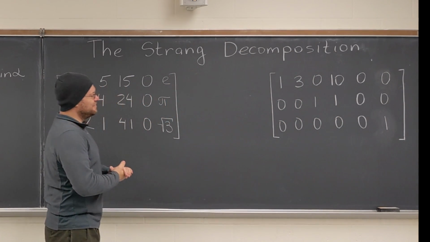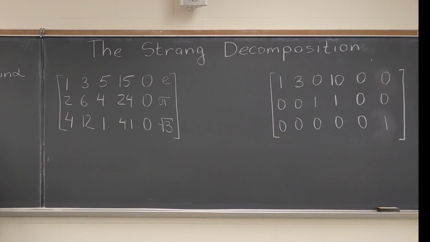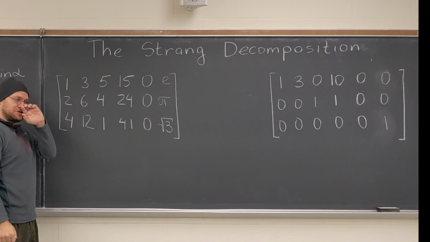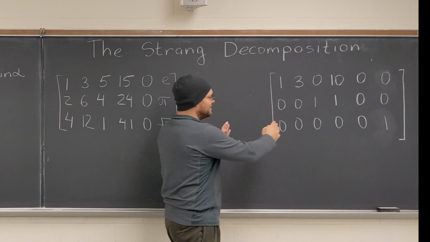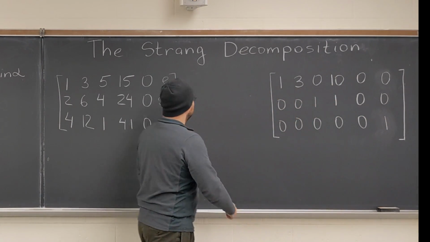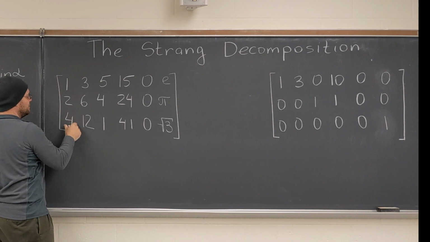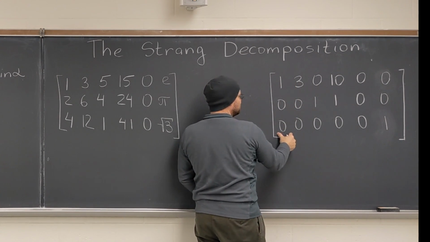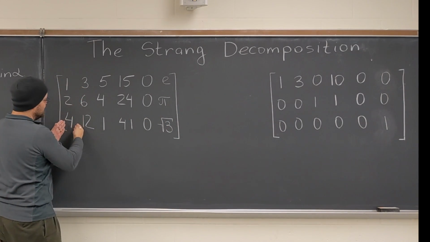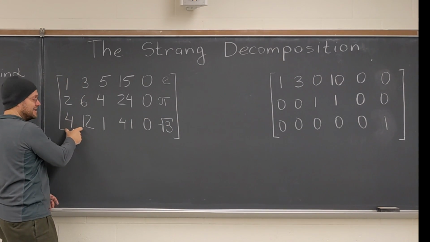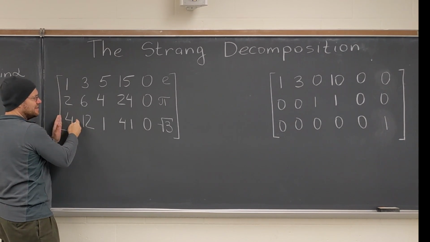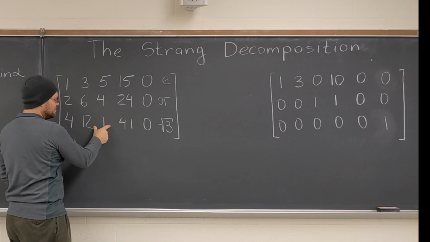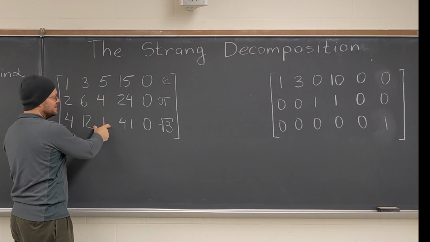Just a quick reminder for why this works. It's because whatever relationships among the columns are present in the original matrix are also present in the eventual matrix. So if this column was 3 times the first column in the original matrix, it's going to be 3 times the first column in the eventual matrix. And because the first column is not the 0 column, in other words, it's linearly independent when you consider it by itself, this is the first pivot column, so it's 1, 0, 0. This is the next pivot column, so it has to be 0, 1, 0.